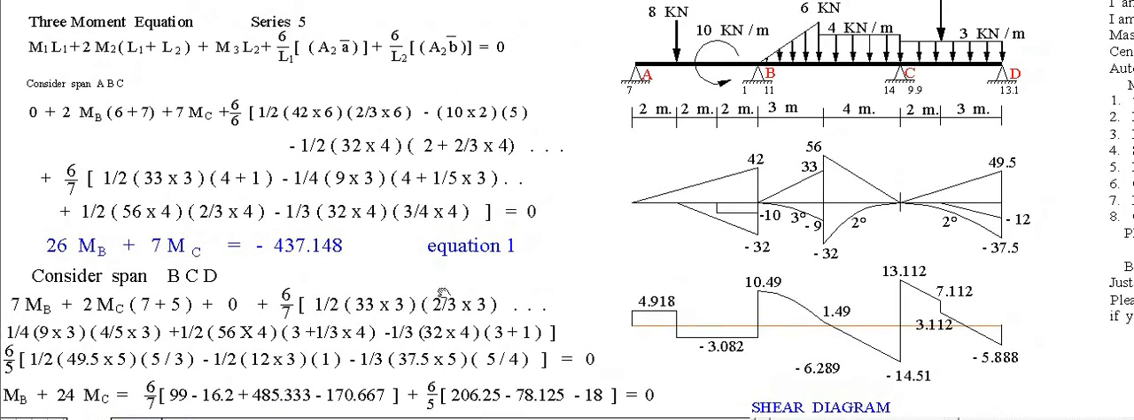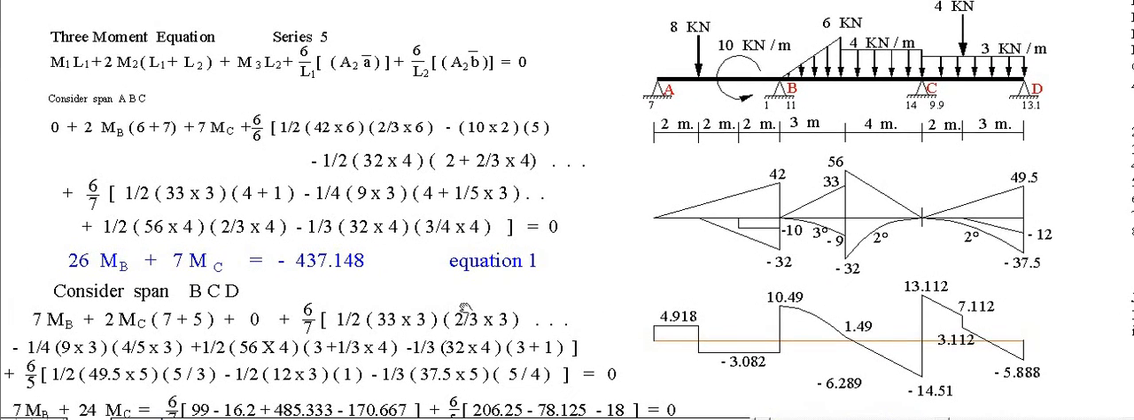Now considering the span BCD, two spans at a time. The left moment is B, so 7 moment B, the center moment is twice moment of C, the sum of the two spans, 7 plus 5. Then the moment at the right of the span here at D is 0. The actual moment at D is 0. Then for the constant, we have the first span and second span of BCD. 6 over 7, area 1, this one, area 1,